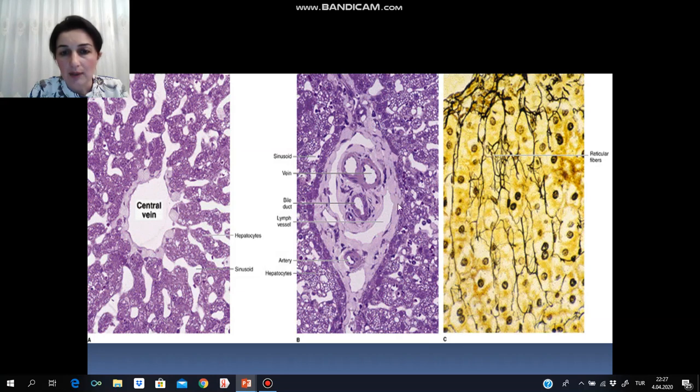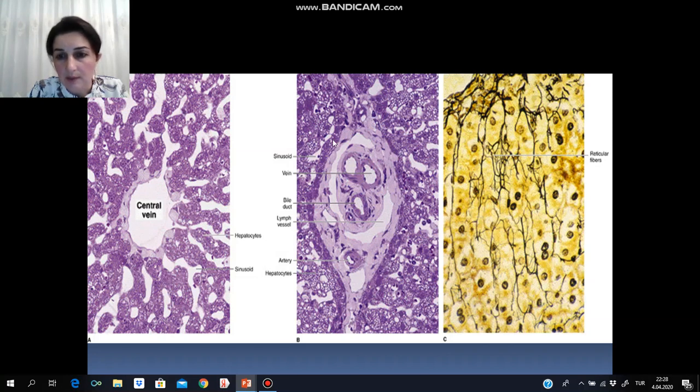Then here the portal space. I want to show you the portal space here. It is surrounded by connective tissue elements, and here we can see the interlobular bile duct, then interlobular artery, vein. These are components of the portal space. But pay attention to the lymph vessel which arises here. And here we also see hepatocytes, and that is the connective tissue elements